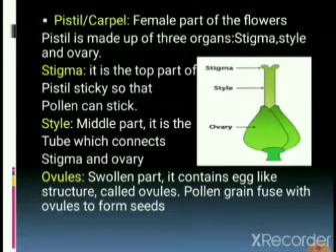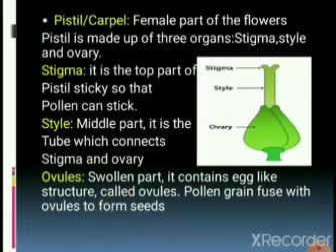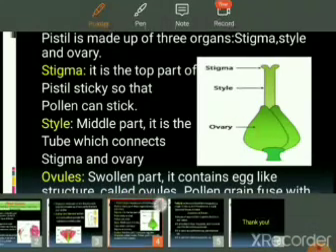From a detailed analysis of the style and stigma, you will come to know how reproduction actually takes place in flowers. You will come to know this in a later standard. For the time being, you have to simply focus on the different parts of flowers. The third female part of the flower is the ovules. This swollen bulgy portion contains egg-like structures called ovules.